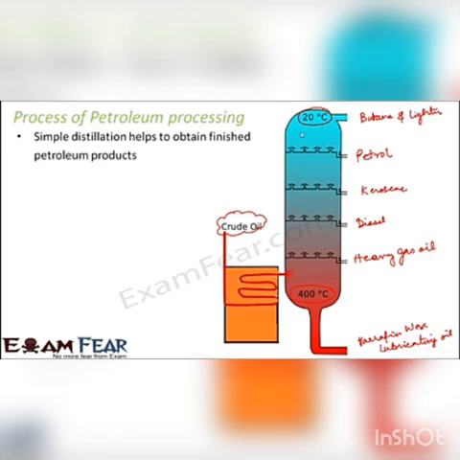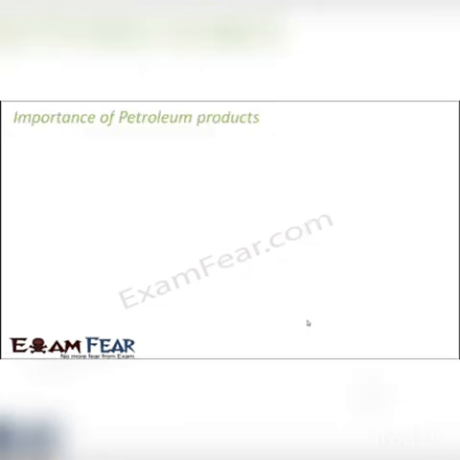So now all these things boil at different temperatures. For example, petrol boils somewhere around 70 degrees Celsius. If you talk about kerosene, it boils somewhere around 120 or 130 degrees Celsius. Diesel boils above 200 degrees Celsius. Heavy gas oil boils somewhere around 300 degrees Celsius. So all of these components boil at different temperatures, and that's how we are able to segregate them. And then we can take out each of them separately from the same distillation column. So this is how petroleum gets separated into its components.